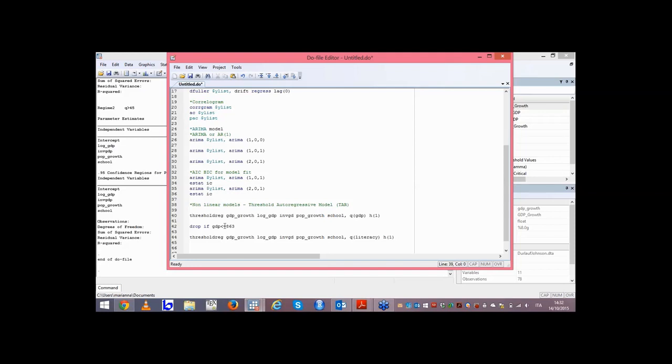If you want to do that in Stata, you have to use this procedure. So the threshold command, the dependent variable, the independent variable, the threshold you want to specify before and after the sample split. So in the first regime and in the second one,